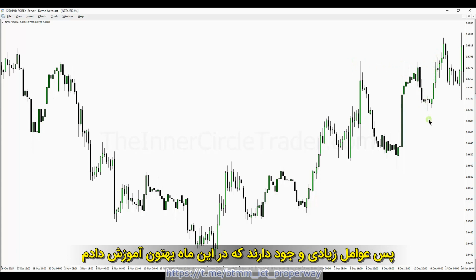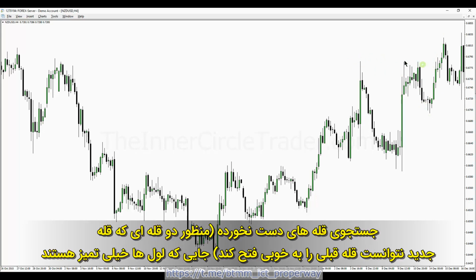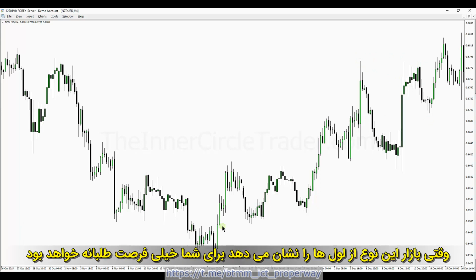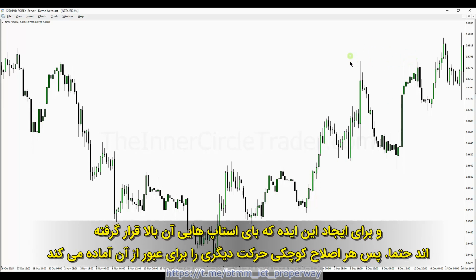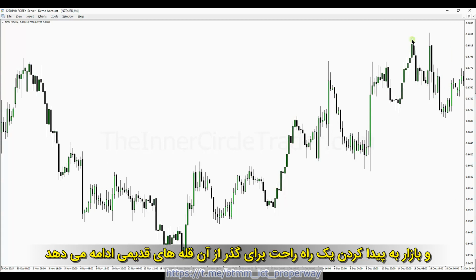Okay, so there's many elements to the things I've taught in this month's teaching, looking for clean highs where the levels are just too clean. When the market shows those types of levels, it's going to be very opportunistic for you to build the idea that there's going to be buy stops above that. So any little retracement sets the tone for another drive through that, and the market continues to find an ease of getting back through old highs. At some point,